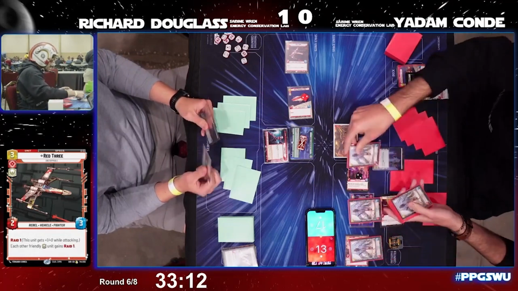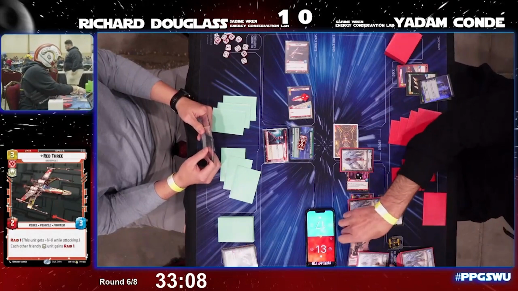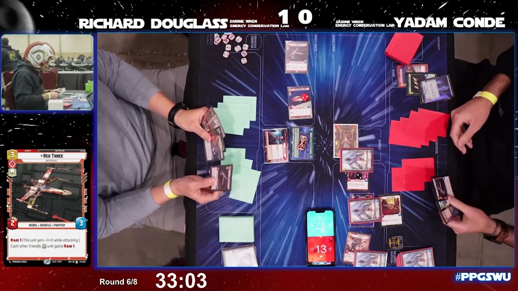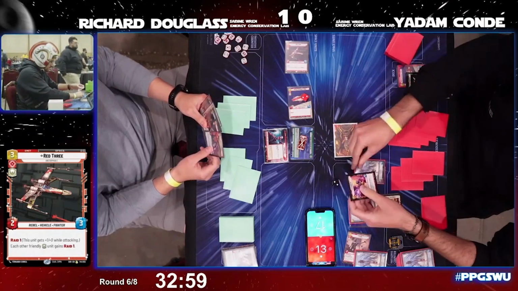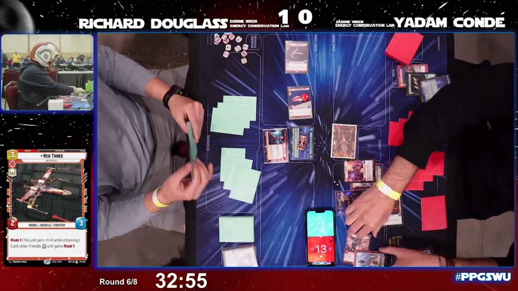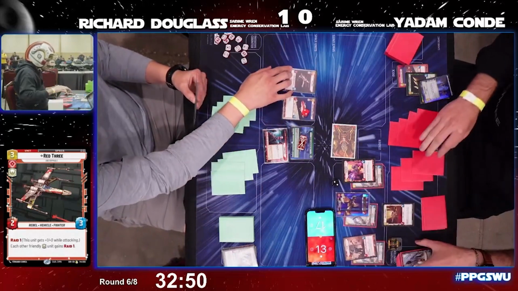And now Yadam, big medal ceremony, buffing up Sabine, Zeb, and K2SO, and he puts down a Rebel Pathfinder. I'm not sure there is anything Richard can do here. Go to game 3. That's what he can do. Exactly. I think the scoop might be the right play. I don't think there's any way back out of this,